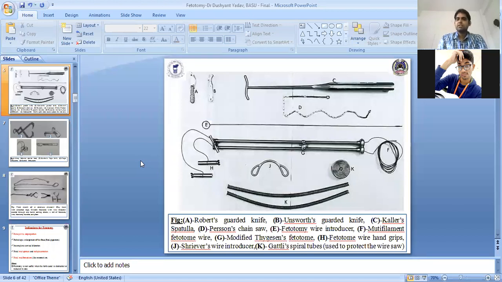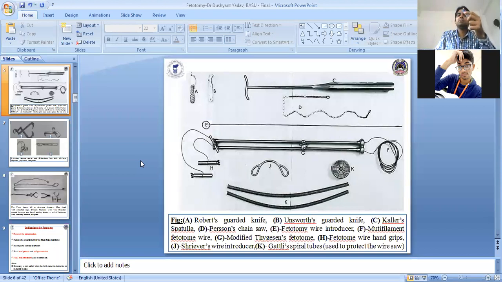This is the wire introducer, and I had made a small dummy of the fetotome. I will show you. If it is the double barrel fetotome, I have used 2 pens: this is one barrel and this is the second barrel. And if it is the wire shaft, then